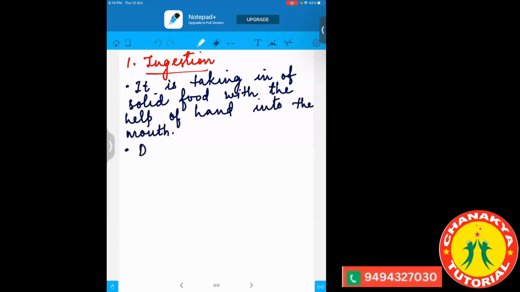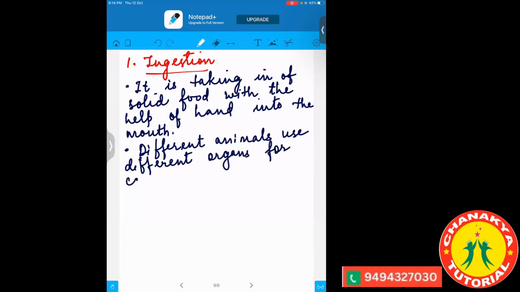Now here, different organisms or different animals use different ways. Yesterday in class we discussed the different ways, and today we have revised too. The amoeba uses pseudopodia, spiders have a sticky web, and the frog has a sticky tongue. So all have different methods. Different animals use different organs for catching, holding, and putting the food